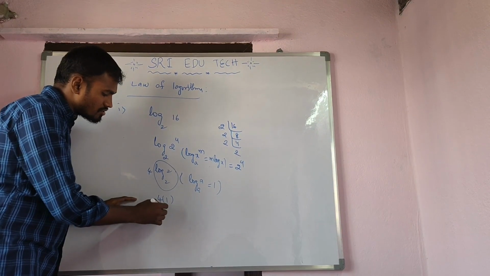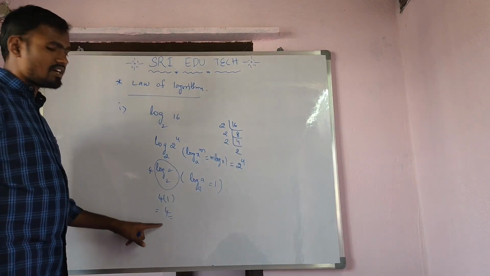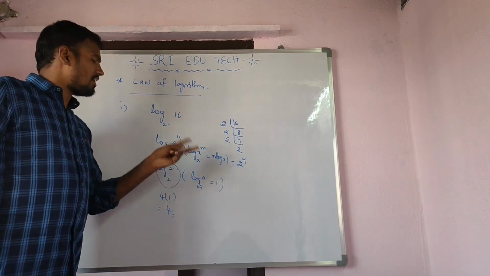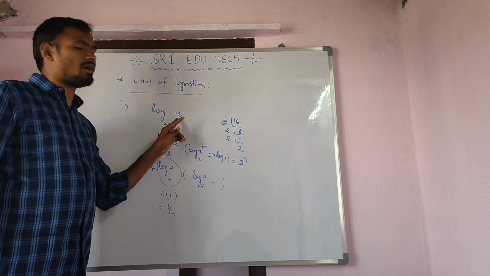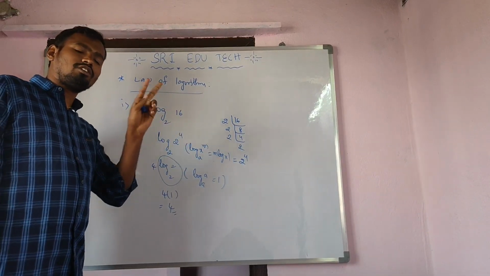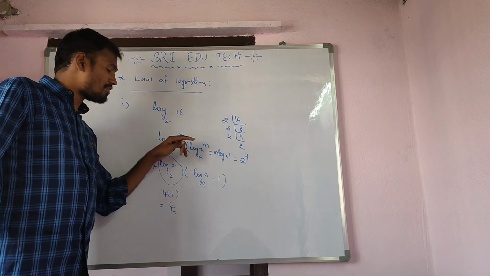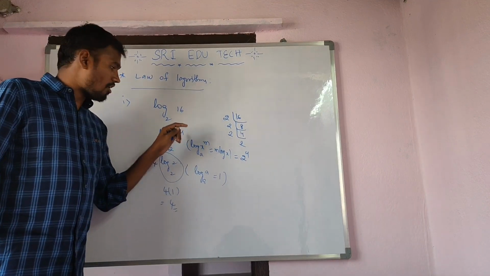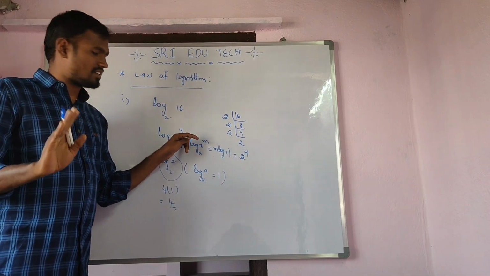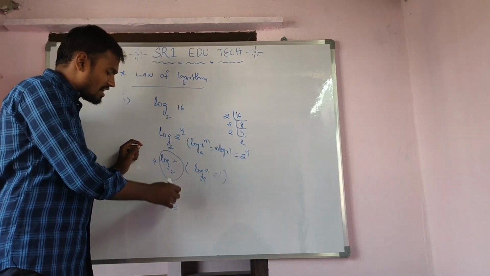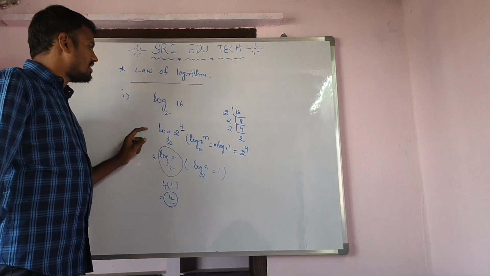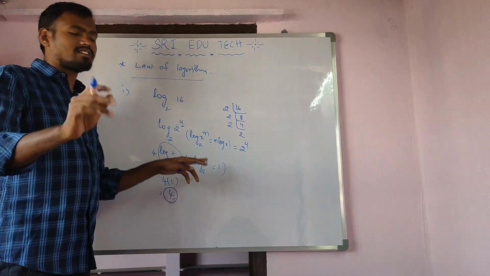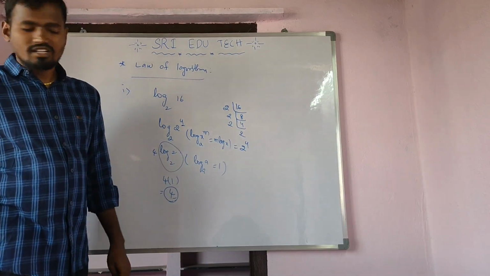Then 4 into 1 is equal to 4. This is the answer, right? So while we are doing that LCM and transforming the number into the power form, then we have to get the answer. How much power you have, that is the final answer. Clearly got it? Okay now, how much is the power? That is the answer. See here, you have power 4, the answer is also 4. So before conversion of the number into powers, you have to do it clearly, then that is the answer. Right? Next one.